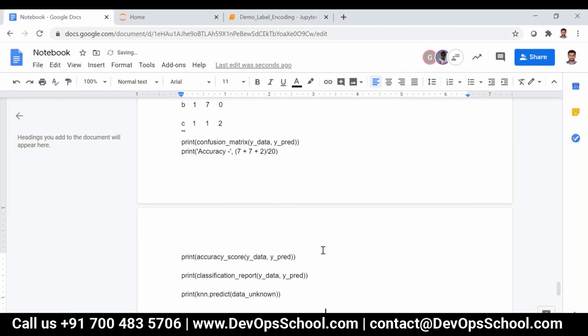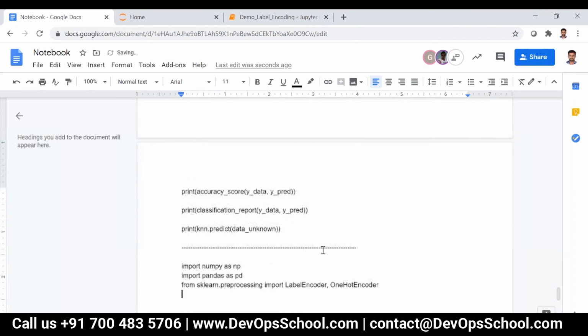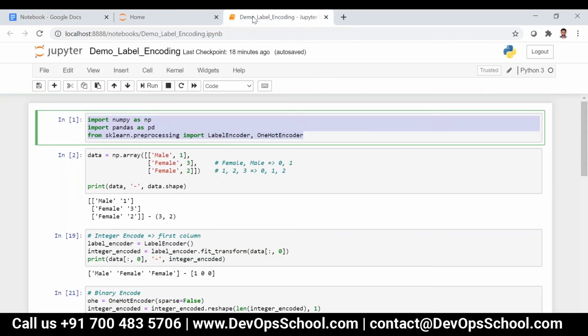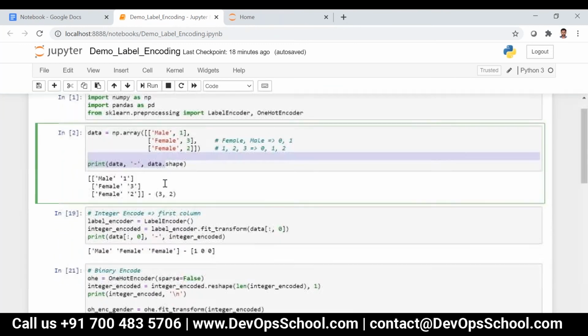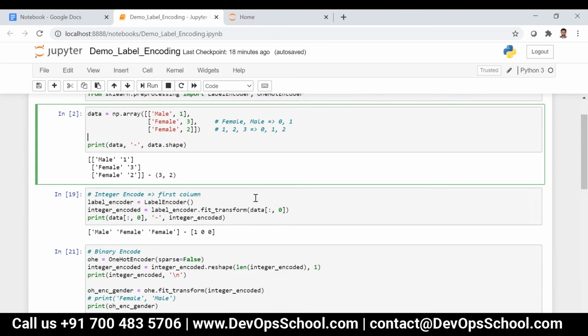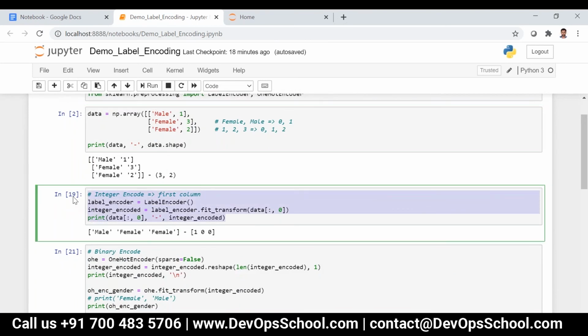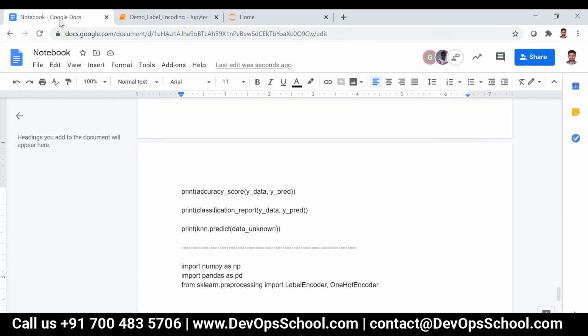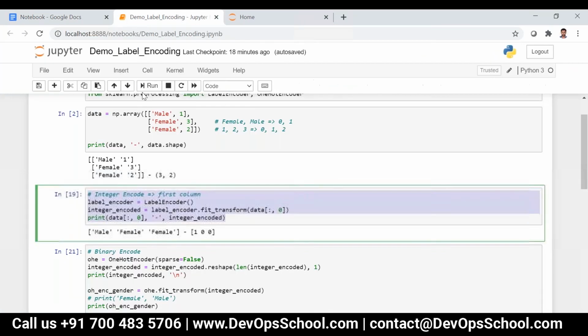If there are more variables, in this case it is male and female, right? If we have more, then is it going to encode like 1, 2, 3, 4, and so on? 0, 1, 2, 3 like that. Yes. Okay. I will write some example for that. So you just do this.